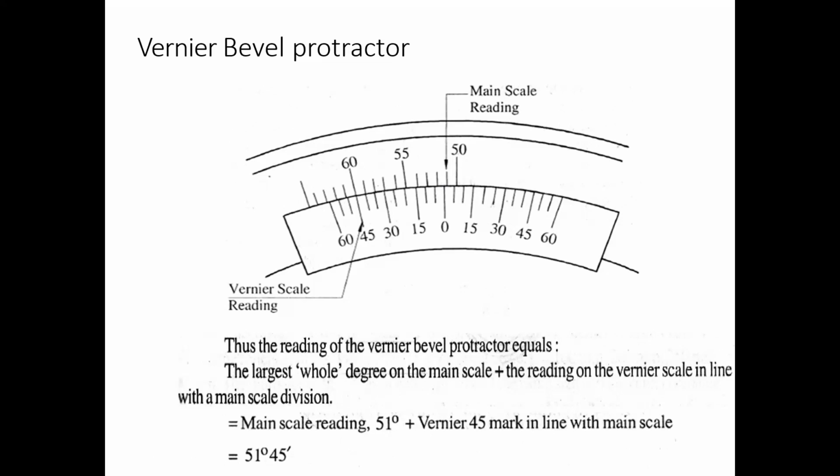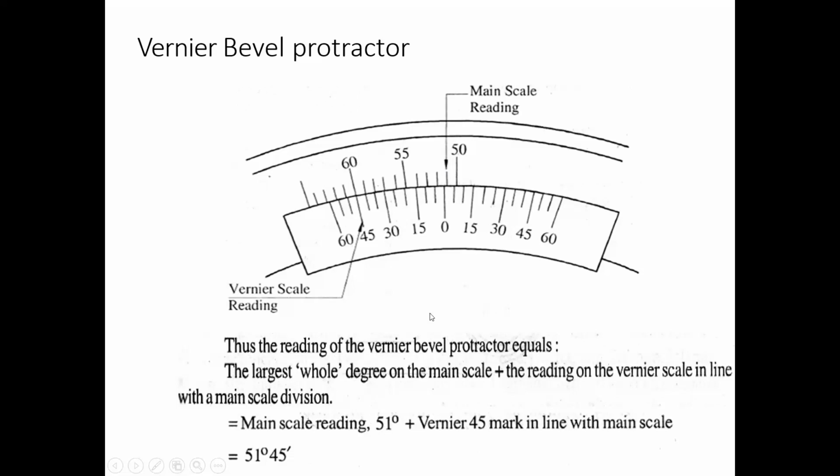So here, if you observe the scale, the scale readings are increasing in the anti-clockwise direction. Here 50, it is 55, it is 60. Therefore, you have to take the reading in the anti-clockwise direction. If you move from this side, this is 50, and this is the 51. The 52nd division is not coinciding with 0, and here the 0 is exceeding this 51st division. Therefore, you have to take this 51 as the main scale reading. So main scale reading is 51 degree.